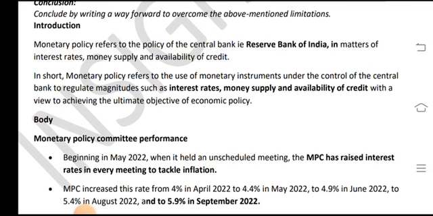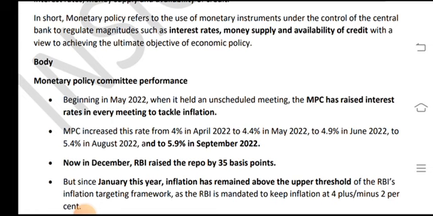The Monetary Policy Committee's performance: beginning in May 2022, when it held unscheduled meetings, the MPC has raised interest rates in every meeting to tackle inflation. The MPC increased the rate from 4% in April 2022 to 4.4% in May 2022, to 4.9% in June 2022, to 5.4% in August 2022 and to 5.9% in September 2022. Now in December,